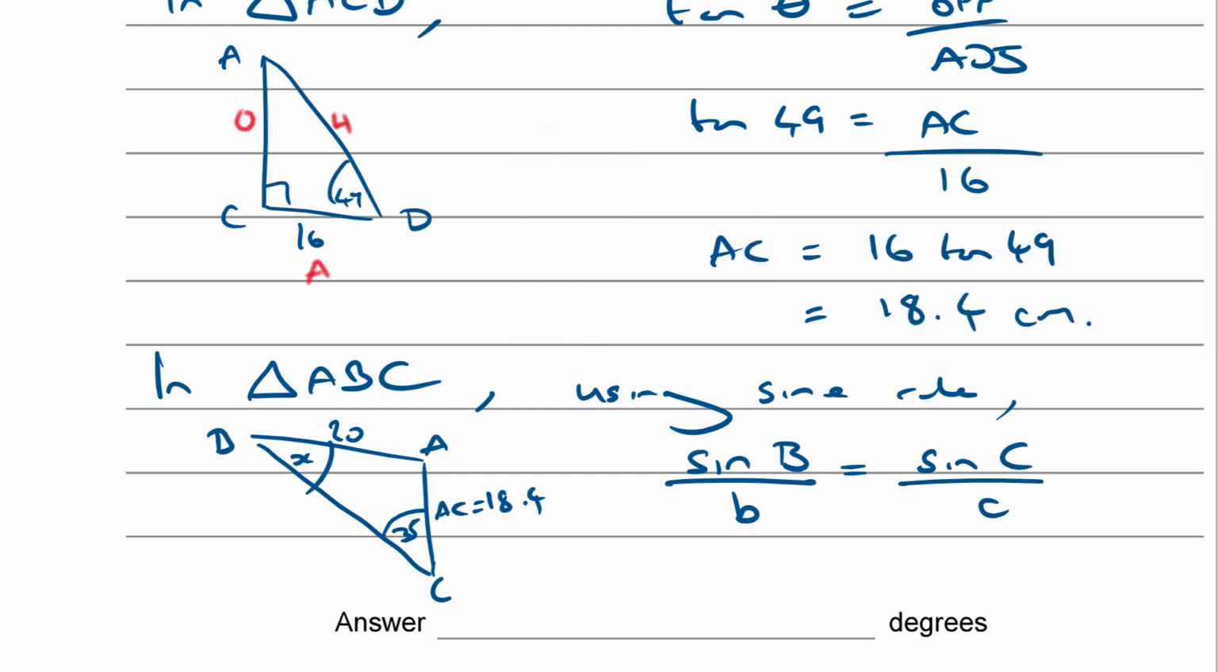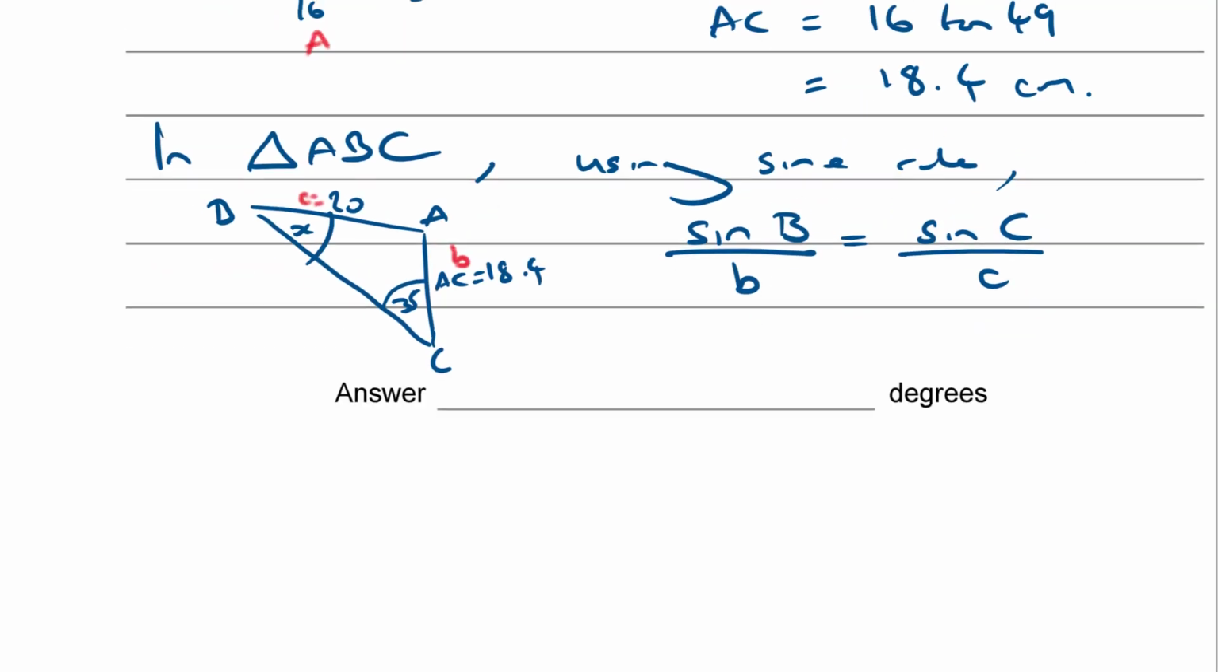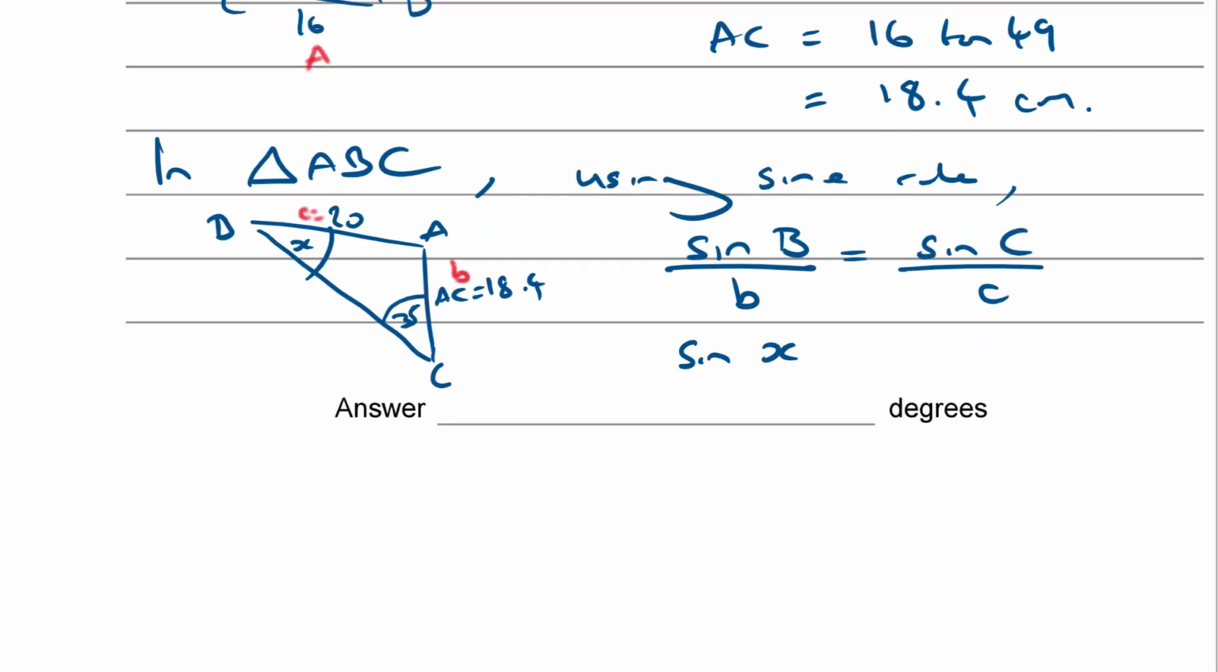Now the way we label these up is that the sides opposite the named letters of my angles are the lowercase version. So that's C there. And AC is going to be my B in this case. Okay, so now I know what to sub in. So sine B is my X angle. So sine X divided by B, which is my calculated value from earlier, 18.4. And that's going to be equal to sine C, which is the sine of 35, divided by my side C,